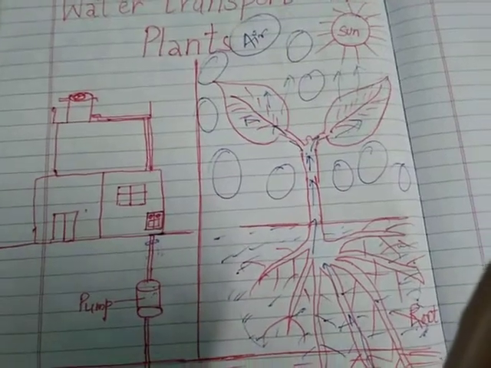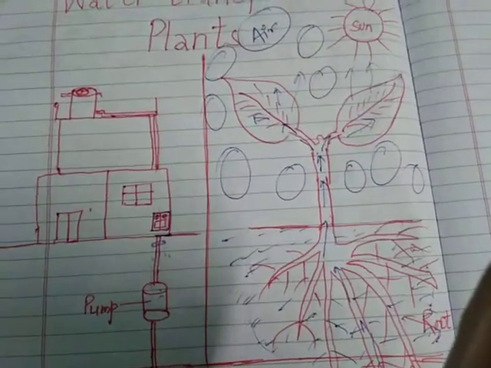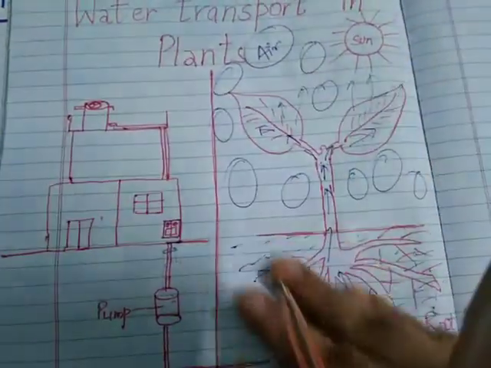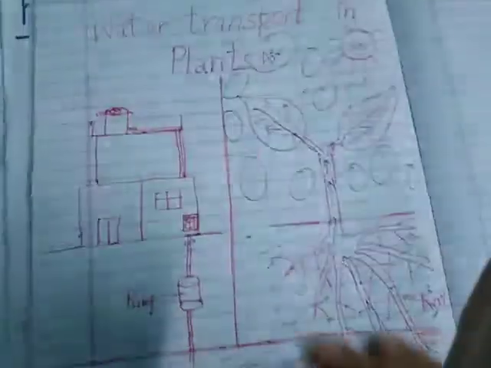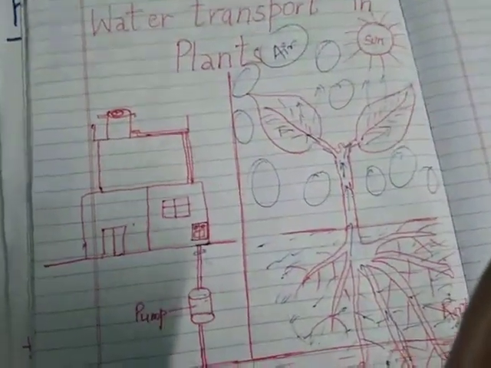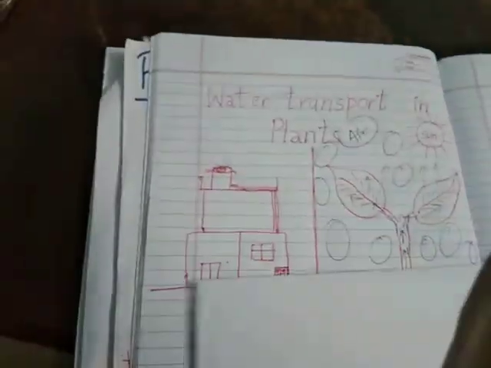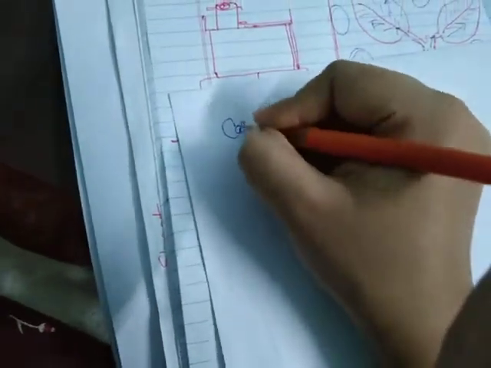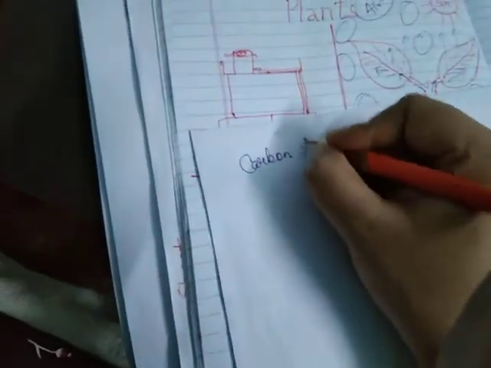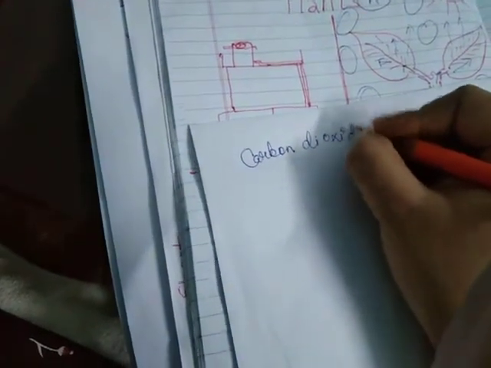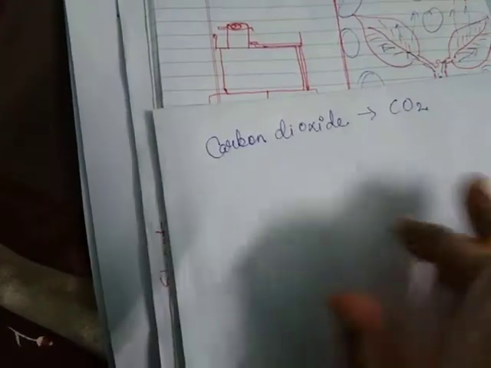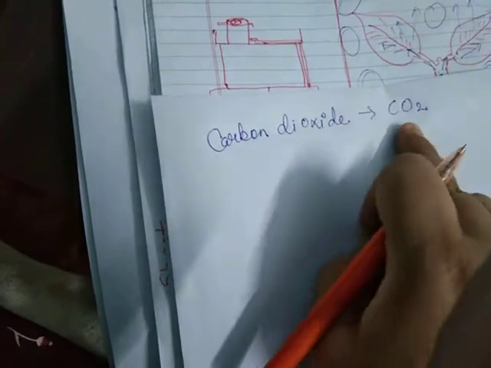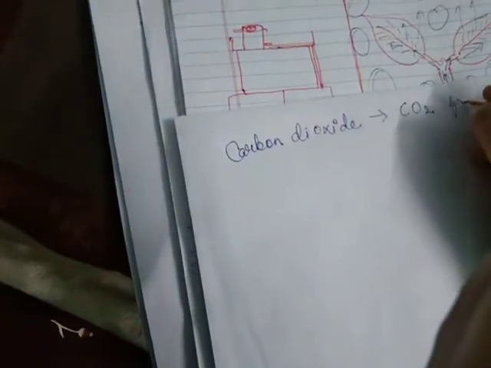Now, our plant takes carbon dioxide, also known as CO2 in short form. Our plant takes carbon dioxide from air,